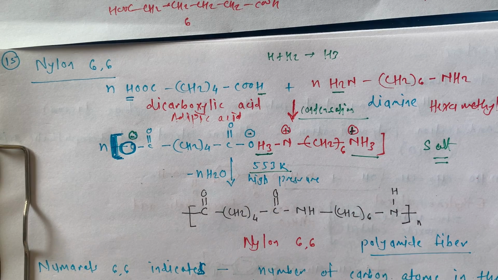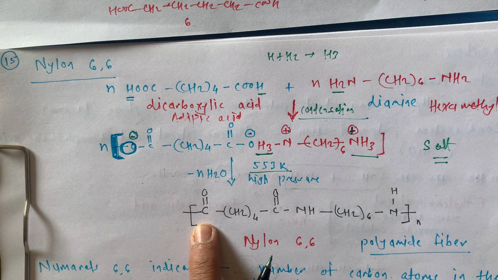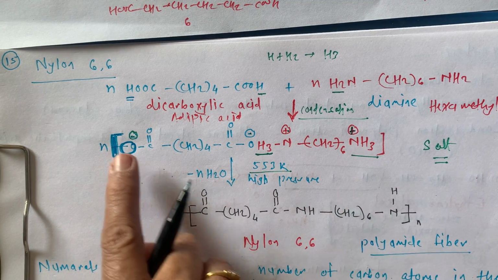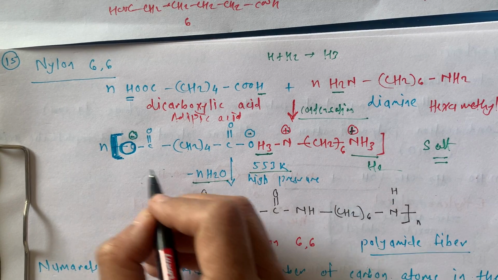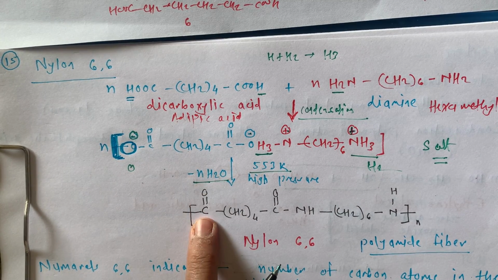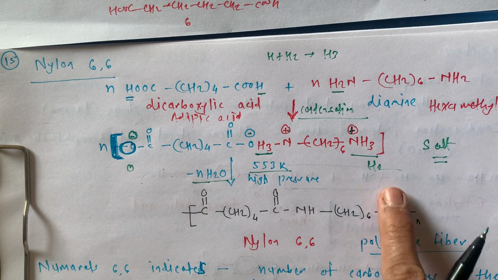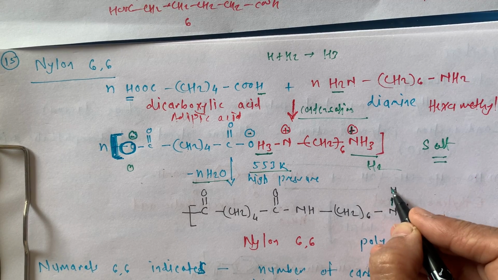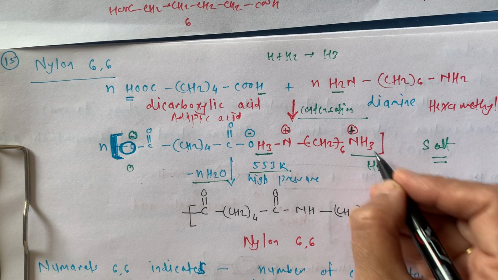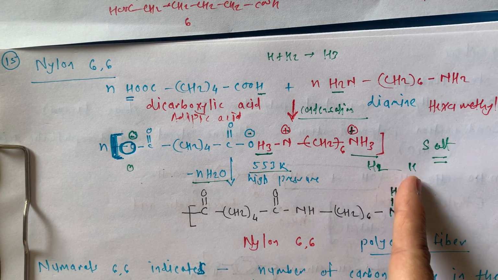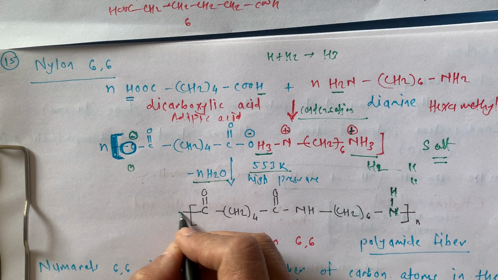The temperature used is 553 Kelvin and very high pressure is required. And then the product is formed like this. Here H2 and here O is removed, H2O. So here there is no O now and here there is no H2. Only one hydrogen is here. We removed two hydrogens from this. And that's why here it is only one single hydrogen, no oxygen. And now this